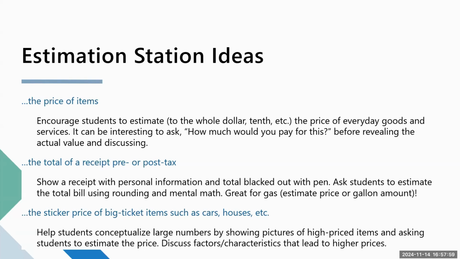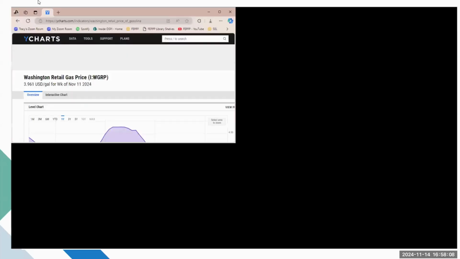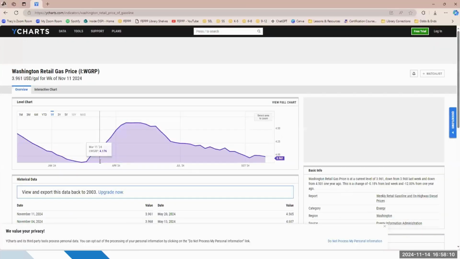Okay. So you may have to explain, this is not Price is Right rules to your students when they read this. So here's my data. Here is what I am going off of. 3.961 US dollars per gallon. Did we have a 3.96? The closest was 3.99, I think.